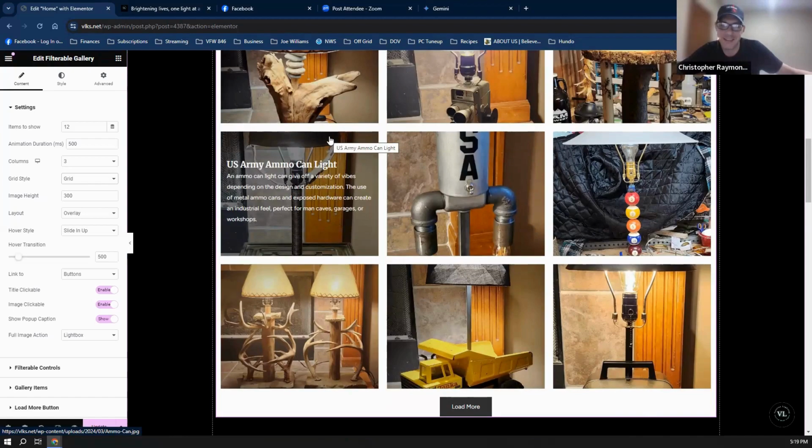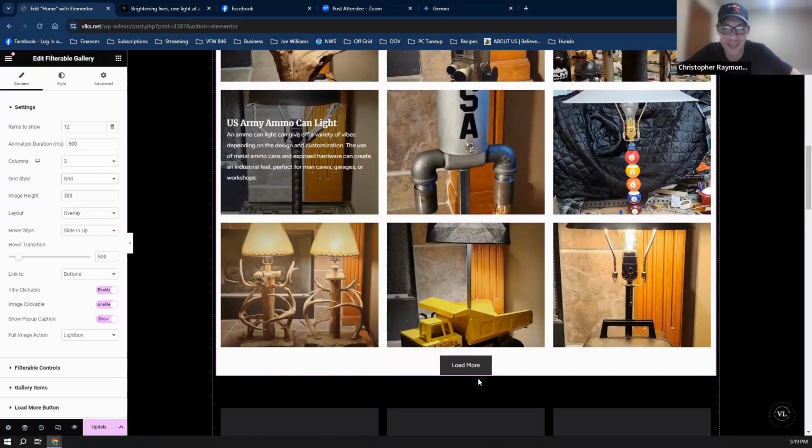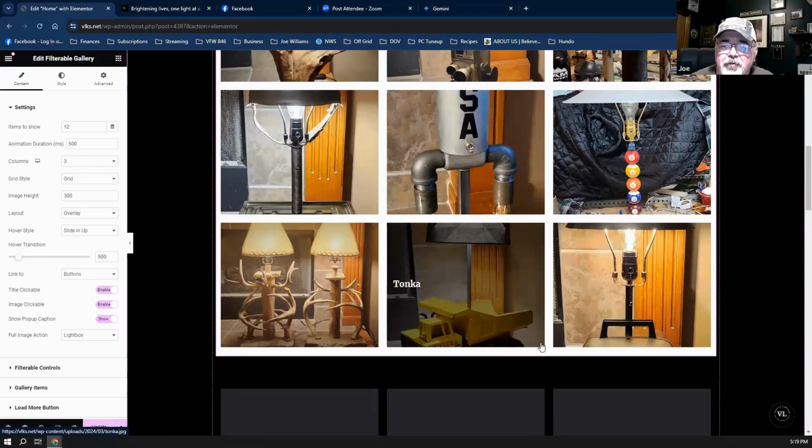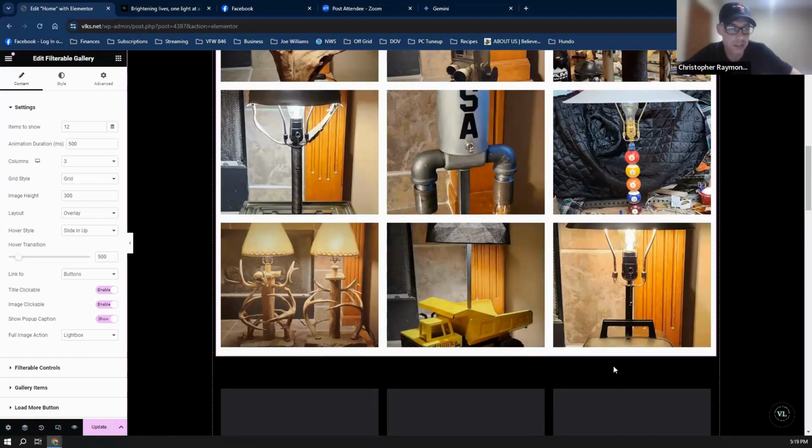You can't get these anywhere. Nope. I mean, this is like a toy truck, that is great for a kid's room. So I would personally take it down from show to items. I would put it at 6 personally. So let's try 6,